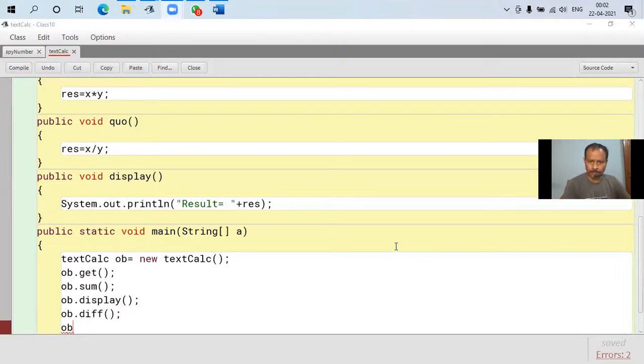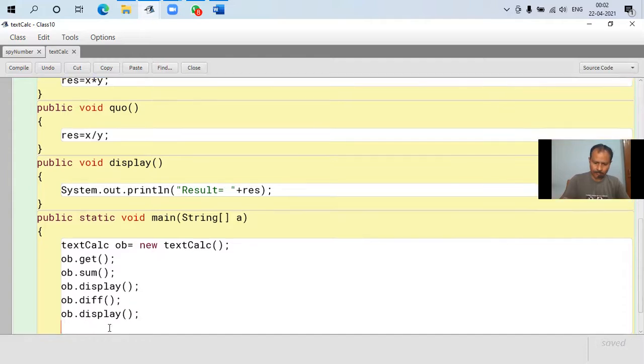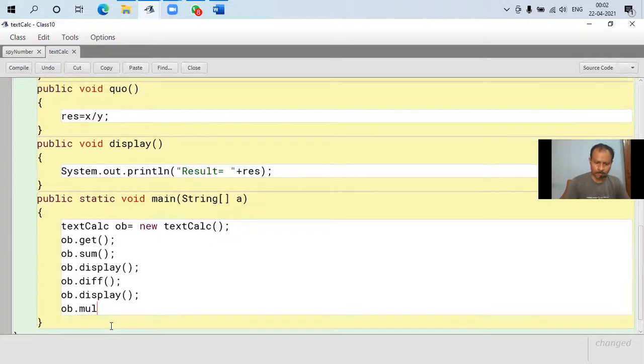You can see only 10 minutes left. This is the problem. And display again. Then we need to multiply, and then display again.